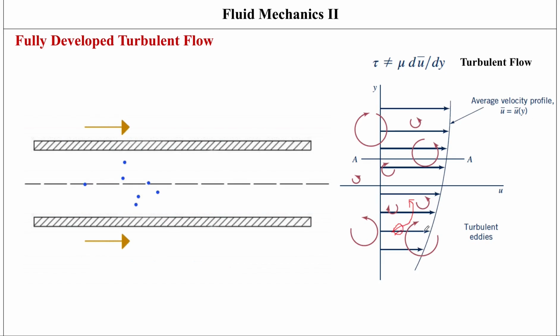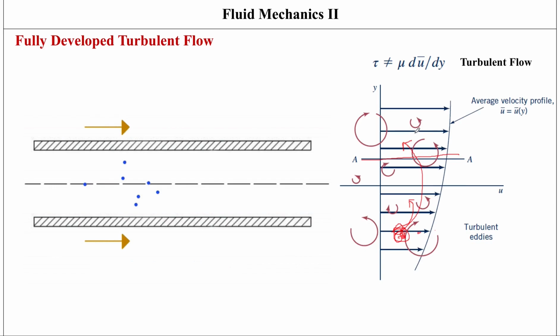Remember, in laminar flow, we didn't have this happening. The finite chunk of fluid wasn't moving. Yes, random motion of molecules was happening, but that was on a molecular, microscopic level. But now we have this entire chunk of fluid here, which is moving from one place to another. This is being randomly transported across this plane,